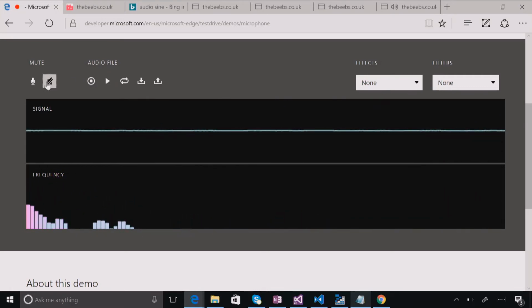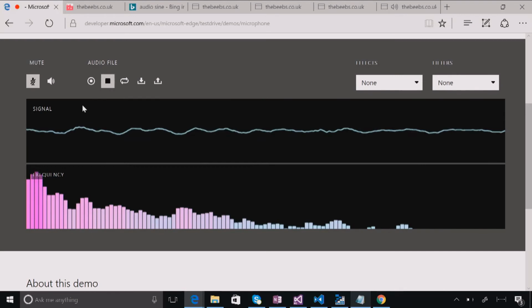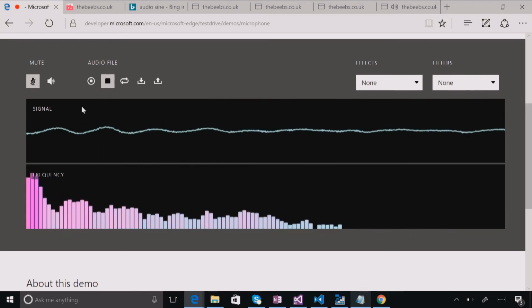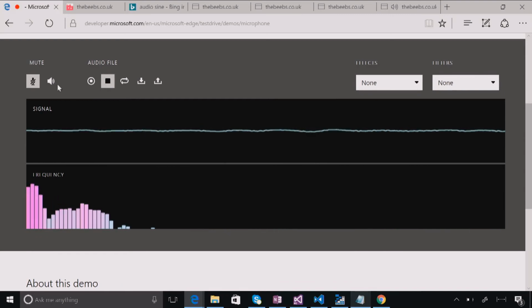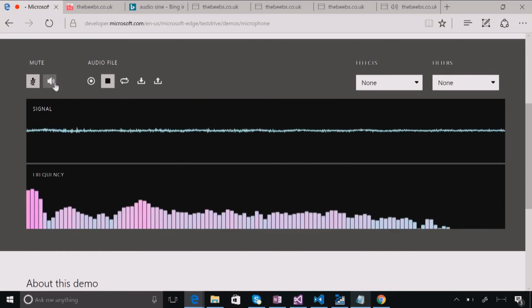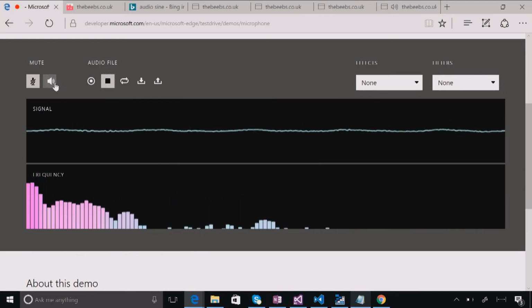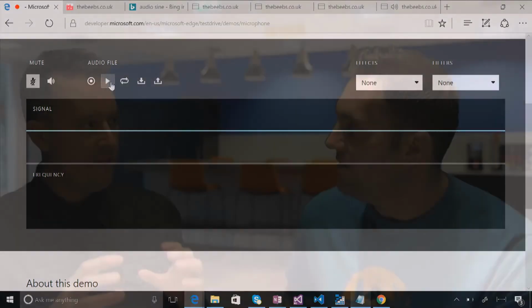Okay. But actually, hold on. Let's mute my microphone. Yeah. And play. There's lots of options and capabilities and things that you can do. And it does sound like you're in a garage. This is what it's all about. So we're making connections. So that's kind of, in a very, very quick nutshell, WebAudio API, what it can do,